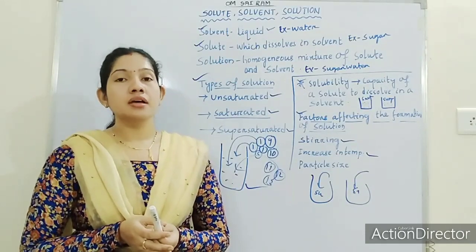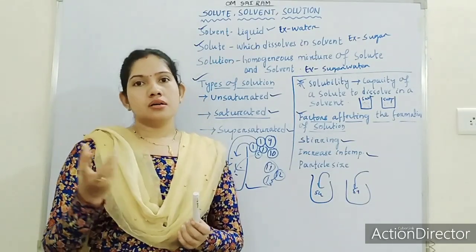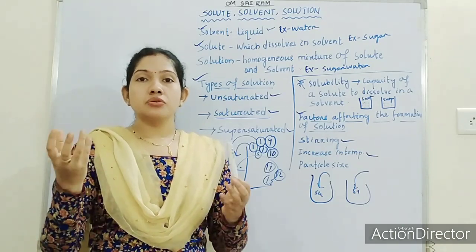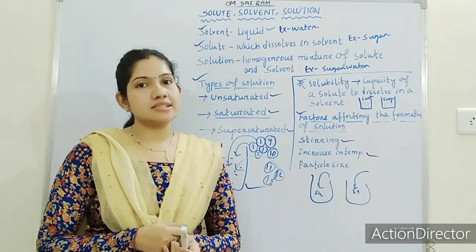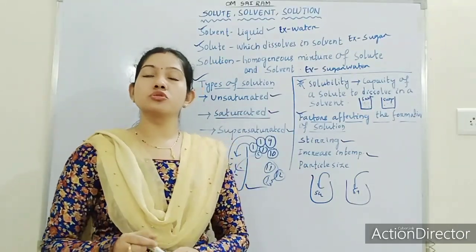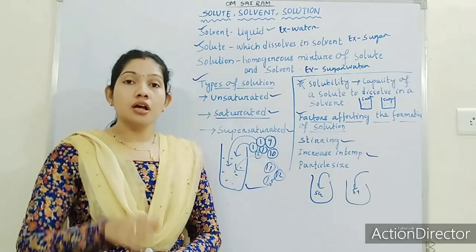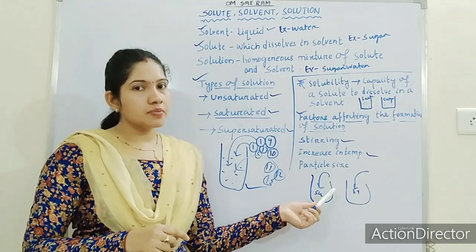Okay, that's why while making juice and all, mothers use the powdered form of sugar so that it can be dissolved easily. Okay, so these are some of the important things related to solute, solvent and solution. Do not forget to repeat the experiment. Okay, so